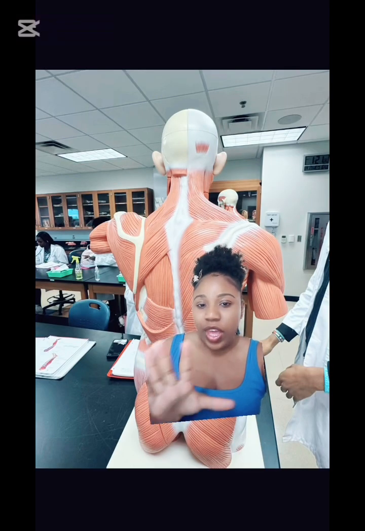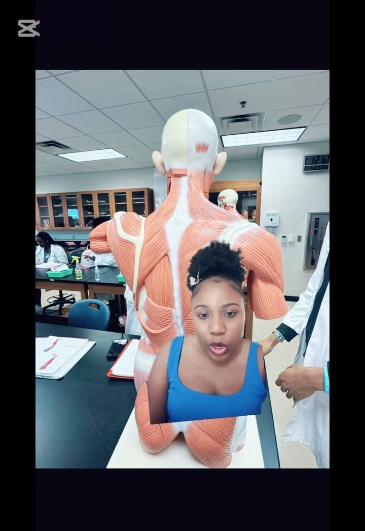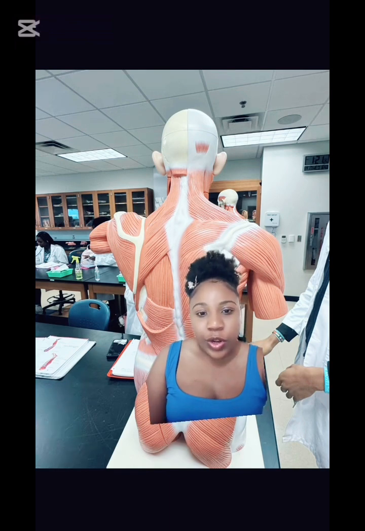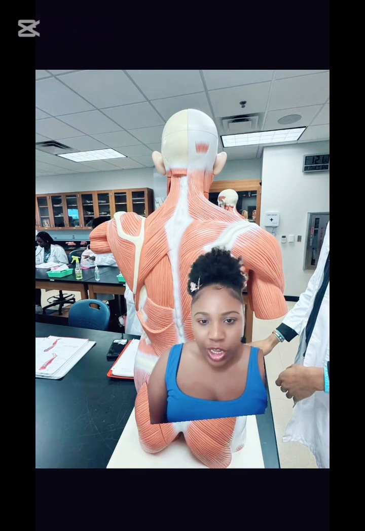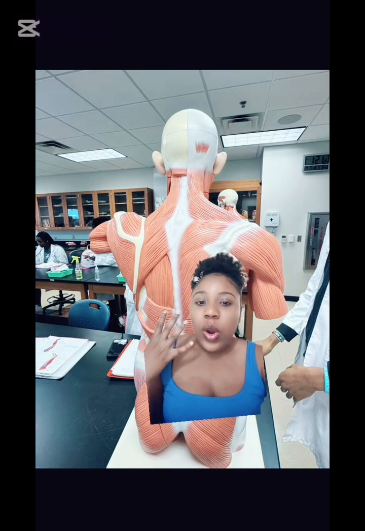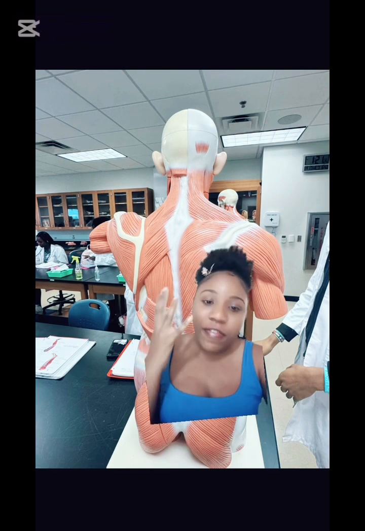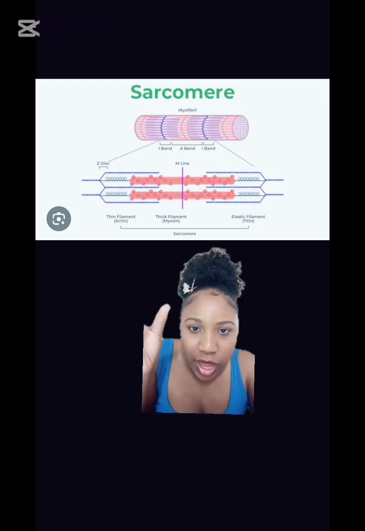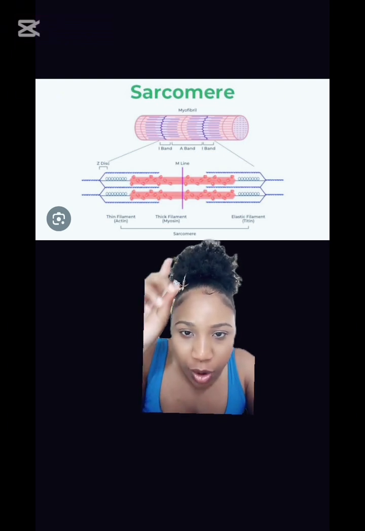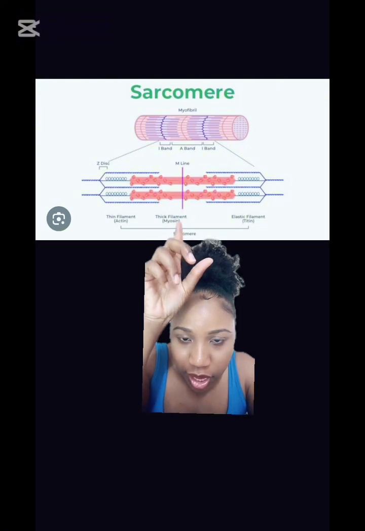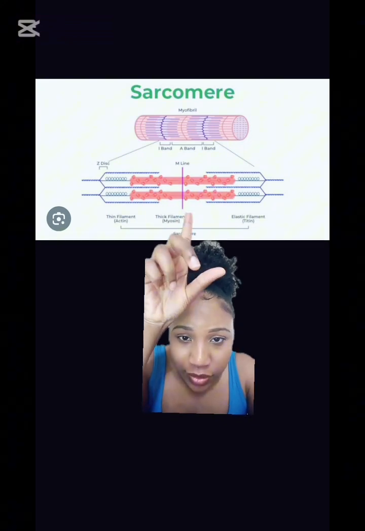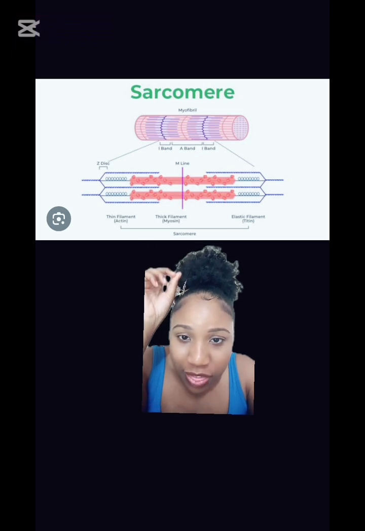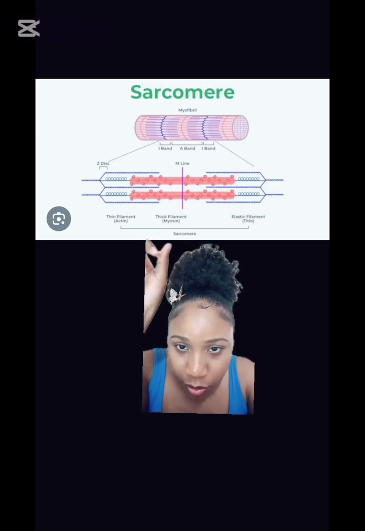Alright, so far we've talked about the brain to spinal cord to peripheral nerves, the neuromuscular junction, and muscle activation and action potential. So lastly, we are going to talk about the sliding filament. This is a view of the sarcomere, and in the sarcomere we have our thick filament, which is the red, also known as myosin, and we also have the thin filament,